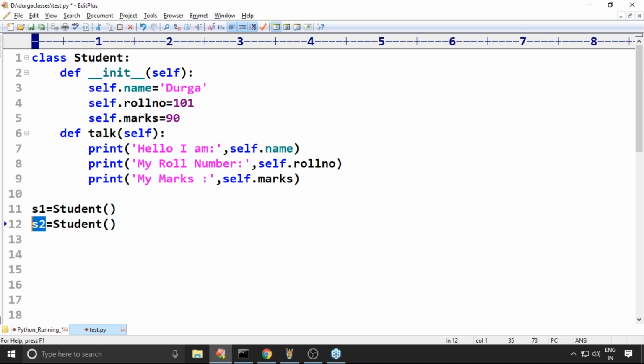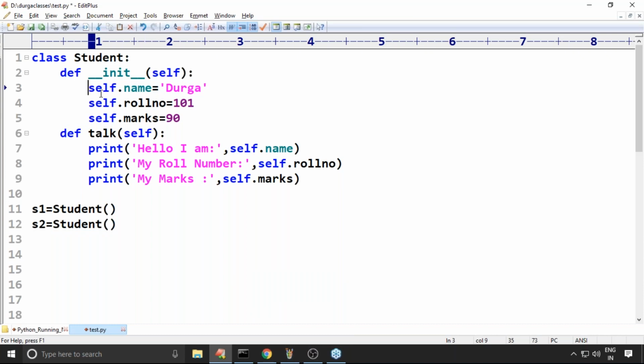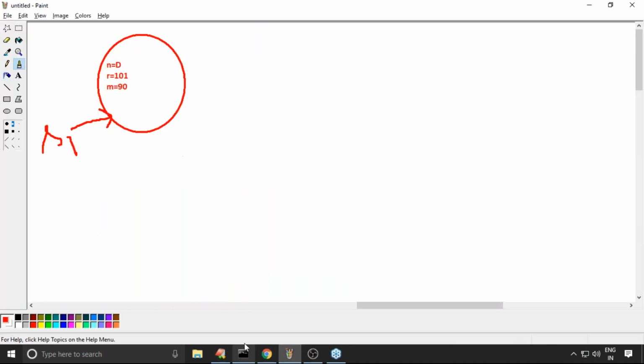Now how many times will the constructor be executed in this example? Two times, because for every object there is a naming ceremony. For this object this data will be there, and for this object this data will be there. The same code executes for both objects.